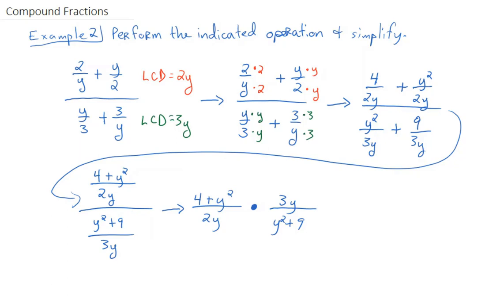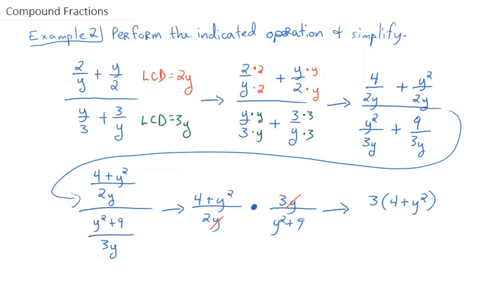So all we can cancel off in all of this are the y's here, because those are y's that are factors. Also, just for the sake of emphasizing it, because it's always tempting, we can't cancel this y squared with this y squared, because those y squareds are terms in their respective numerator and denominator. But the y's we can cancel are being multiplied by the 2 and the 3, so those are factors and we can cancel those. So cleaning this up gives me 3 times the quantity 4 plus 2y in the numerator,